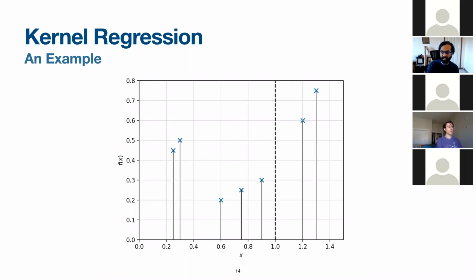Using kernel regression, we use kernel methods to find a distance between all the sampled actions to weight the values of the other actions in order to predict the action that we are looking for. So for example, over here, we see that the kernel function that we used for this case places a number of weights represented by the green bars on the values of the other actions that have been sampled so far. And using these weights and the values, we can predict the value of the action at 1.